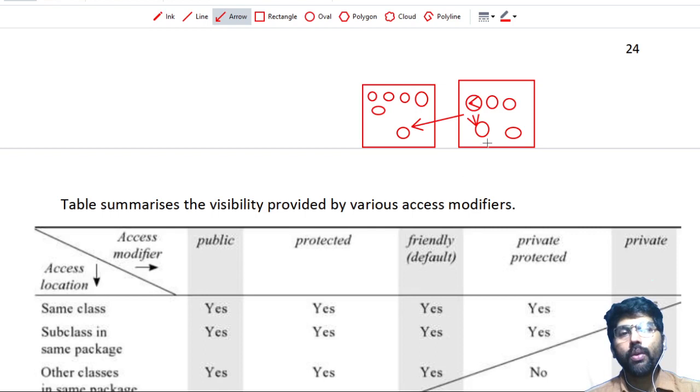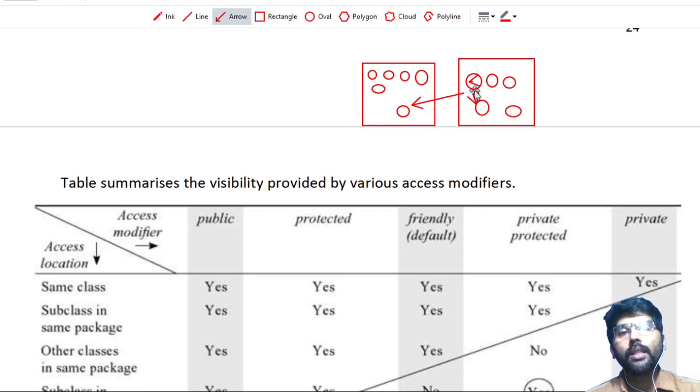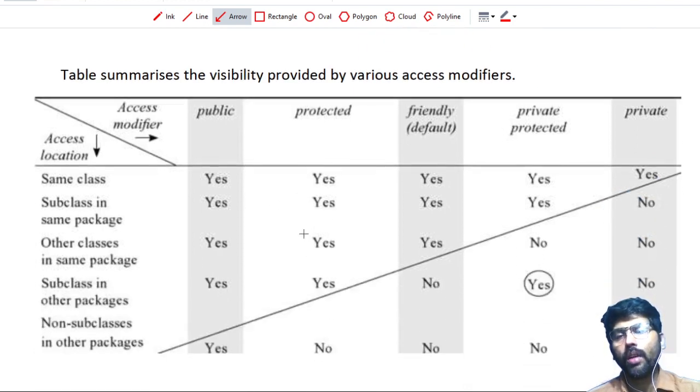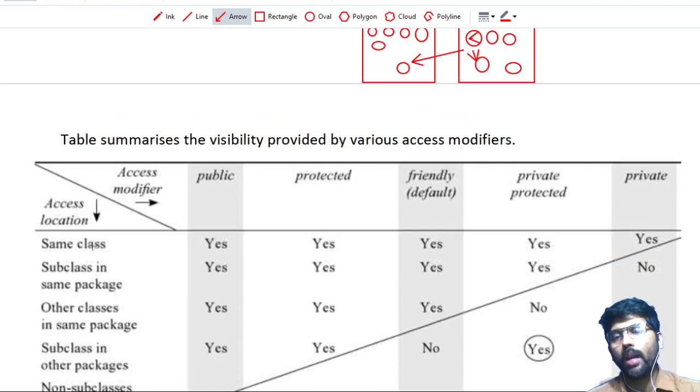Protected means it is available only in the subclasses and the classes belonging to the same package. Now see here, all these yes entries indicate the same class.